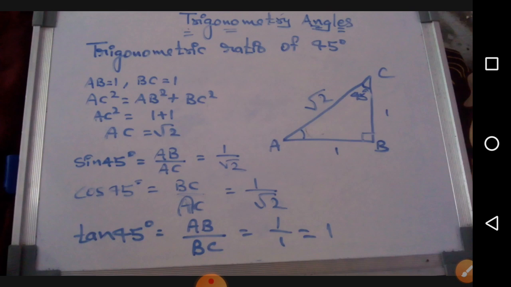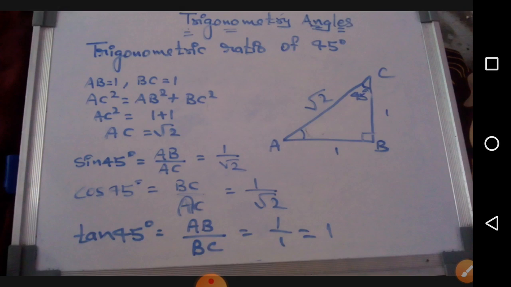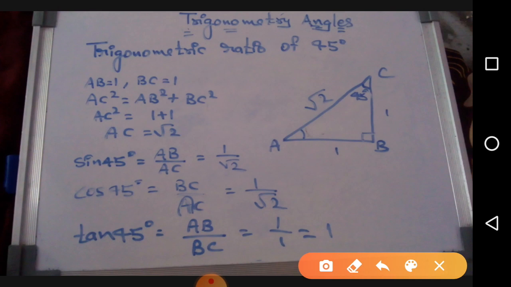So in this trigonometry chapter, you have to learn the angles from 0 to 90. So let's start with the angle 45, and to explain this, let me take help of pen. This is the triangle, okay, and in this triangle this is 90 degree, and if we have taken this angle as 45, so the other will be 45, because 90 plus 45 is 135, and 180 minus 135 will be 45.